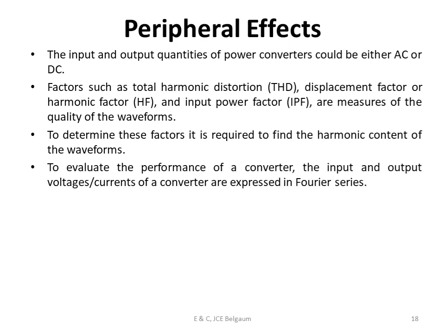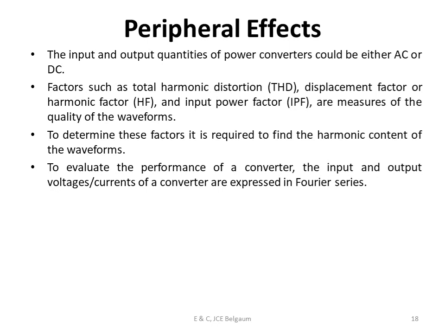To evaluate the performance of a converter, the input and output voltages or currents of a converter are expressed in Fourier series. So this is where Fourier series is going to help us. If you see, the Fourier series is nothing but a single electrical signal broken down into multiple frequency oriented signals. It's very similar to white light when it is made to pass through a prism. The same light gets refracted into multiple colors, right?